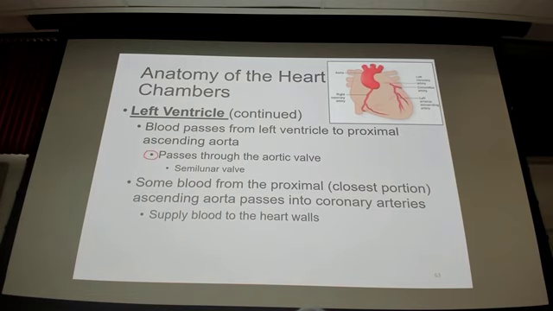Okay? So we have blood in through the vena cava and the coronary sinus, down into the ventricle through the tricuspid valve, up into the pulmonary trunk through the pulmonary valve, back into the left atrium through the pulmonary veins, down into the left ventricle through the mitral valve, and then up and out through the aortic valve. Okay? You can remember that, easy. You can draw it, just remember that. The rest of this stuff is sort of ancillary. All right? It will help you